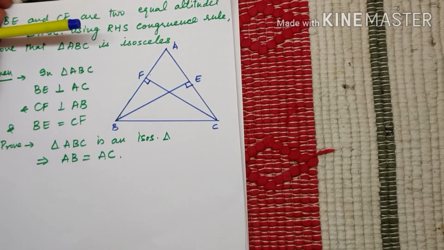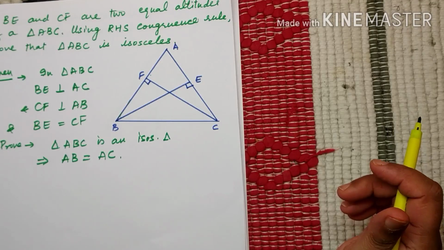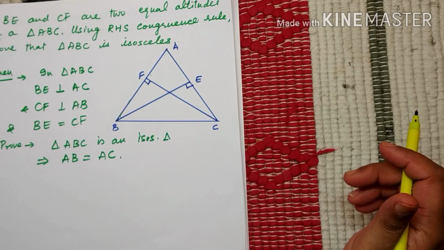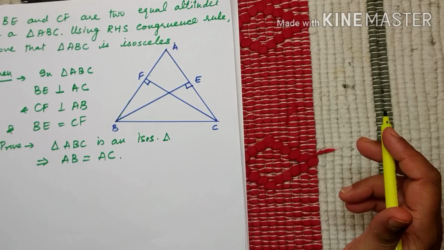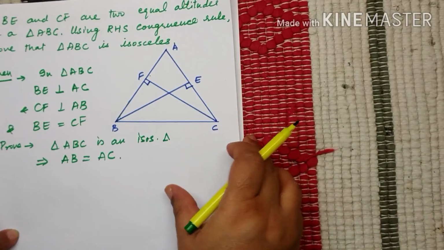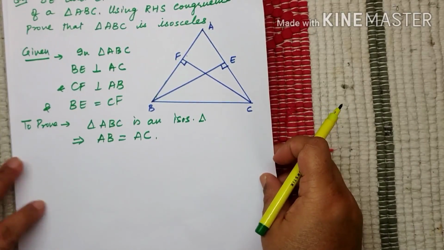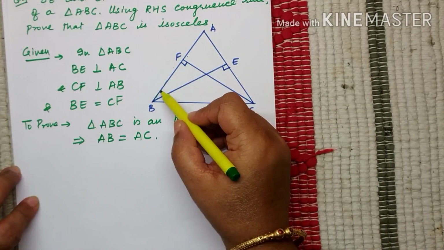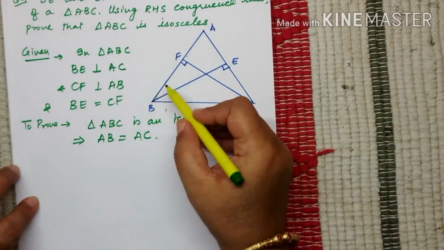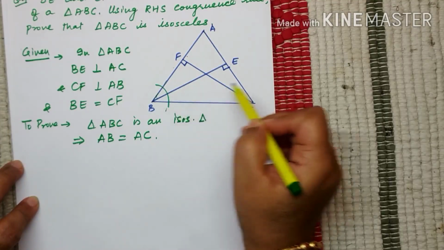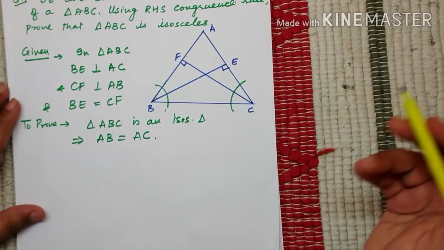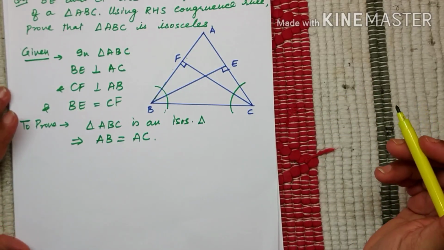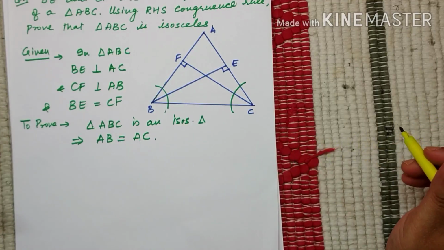So what is the other way of proving two sides equal of a triangle? The other way of proving two sides of a triangle equal is to prove the angles opposite to these sides equal, so that by the converse of the isosceles triangle property, I'll get the sides equal. So which are the angles opposite to these two sides? Angles B and C. So now I am looking for these angles to prove congruency. If I prove these angles B and C congruent, job done. Now, how can I prove these two angles congruent? If I prove those triangles congruent of which these angles are a part.